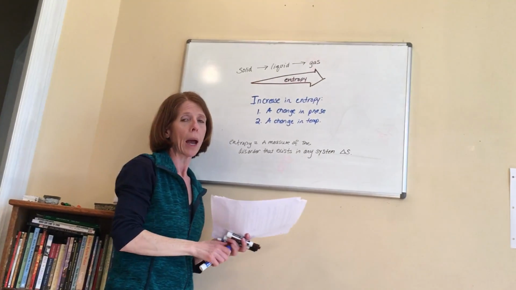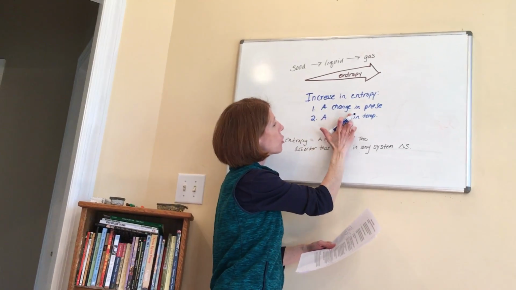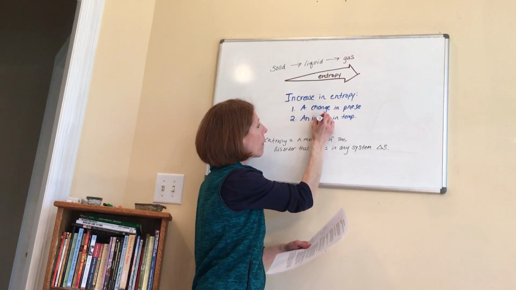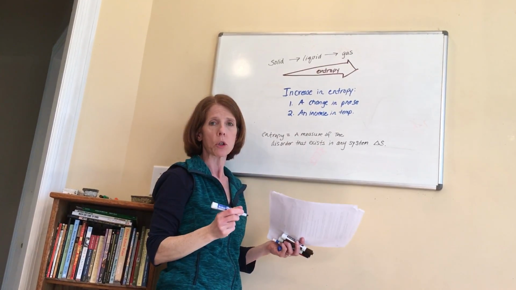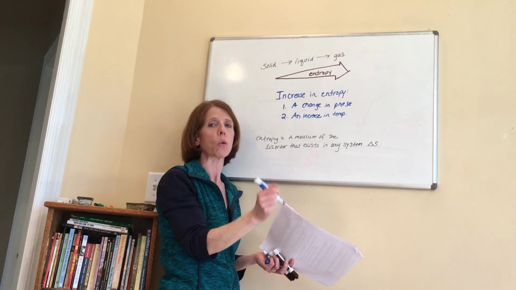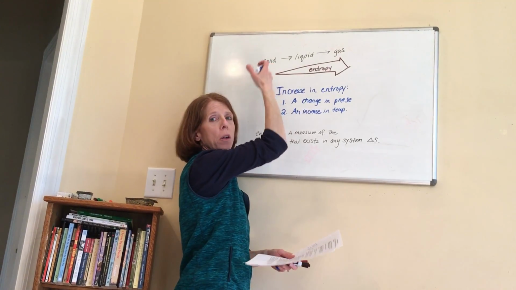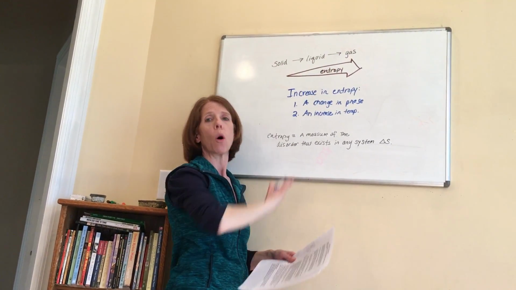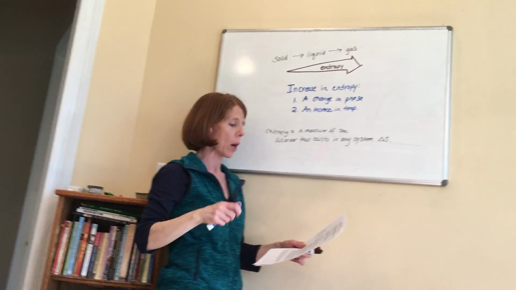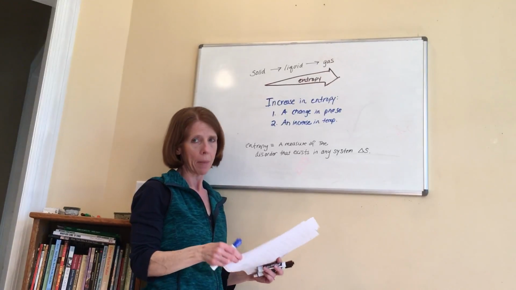When we have a change in temperature, I'm going to change this actually, not just a change in temperature, but an increase, sorry. When we have an increase in temperature, we're adding heat, which means we're adding energy, which means we're basically adding disorder to the system. Okay? And if we add enough of that disorder, we'll go from solid to liquid or liquid to gas, right? So all of that should make sense in terms of contributing to a greater level of entropy. This takes us to the second law of thermodynamics.